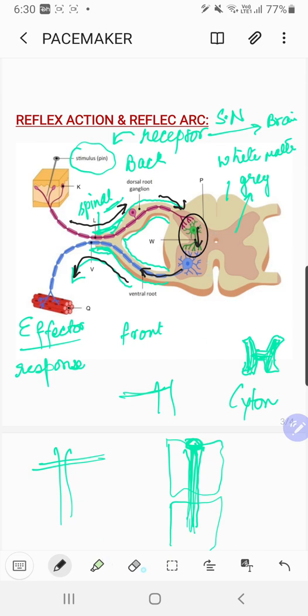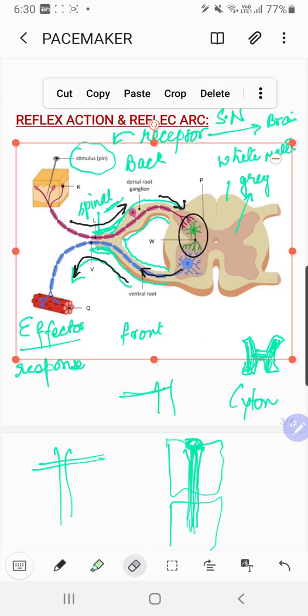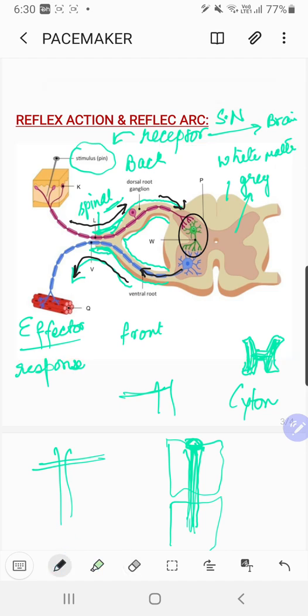Just see this green structure inside. Just see that green structure. This is an associate neuron. Associate means the one which is connecting the sensory neuron and the motor neuron inside the spinal cord, right? So this is a connection neuron. You call it associate neuron. It helps in transmitting the impulse pretty much faster, right? So you can also call it relay neuron. It passes whatever it receives quickly to the next area, right?